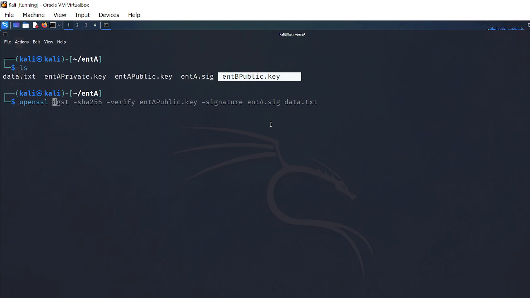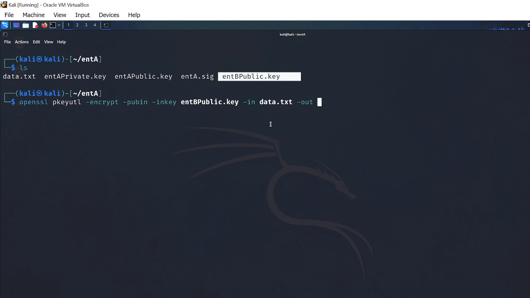OpenSSL, we're going to use the pkeyutl utility, -encrypt, -pubin -inkey. So we're going to put entity B's public key, -in. So we're going to encrypt the file data.txt,